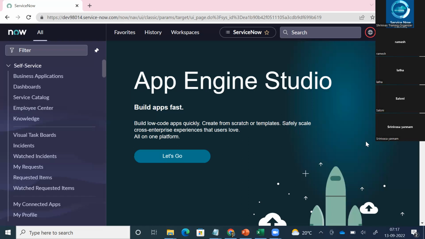Hey, Saloni, this is Srini. I'm not the one who is going to join here. It's actually Sridevi who is going to join. The system name still shows Srinivas, so don't get confused. Okay, thank you. Jenny? Just help her.